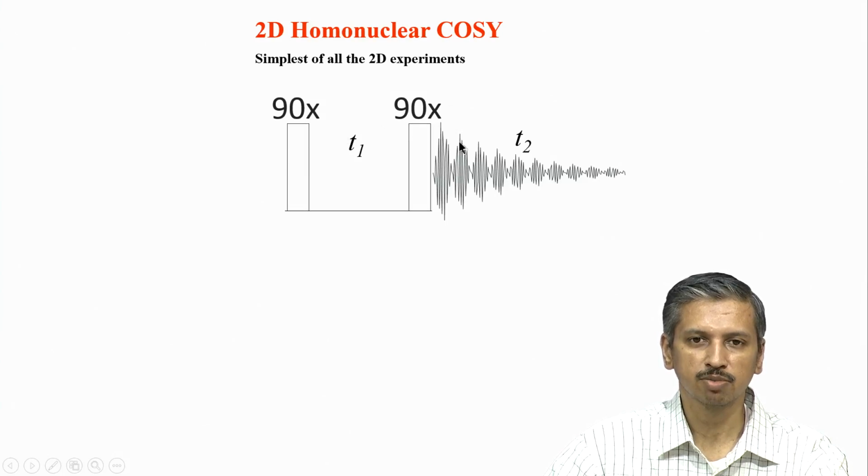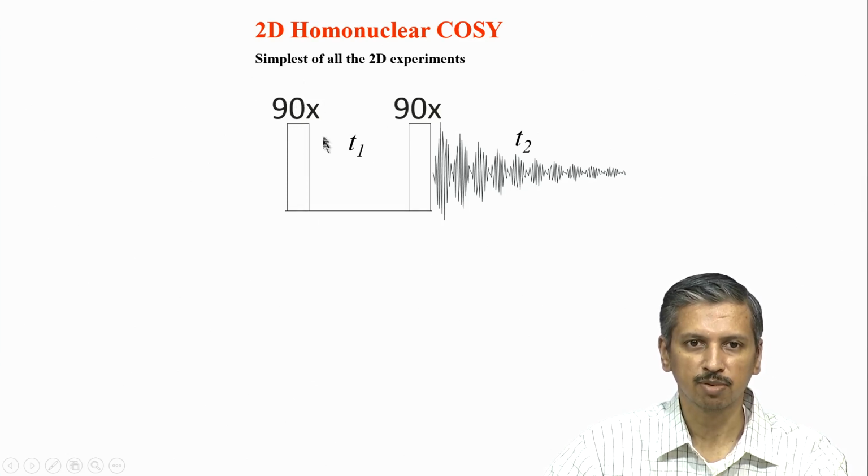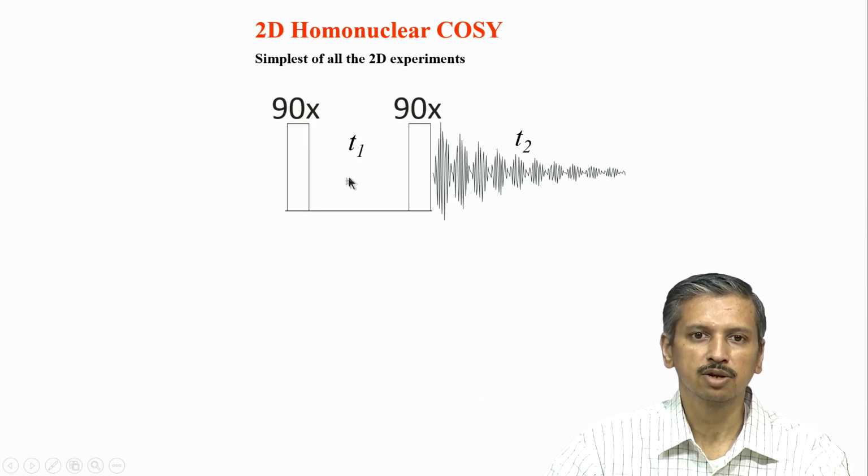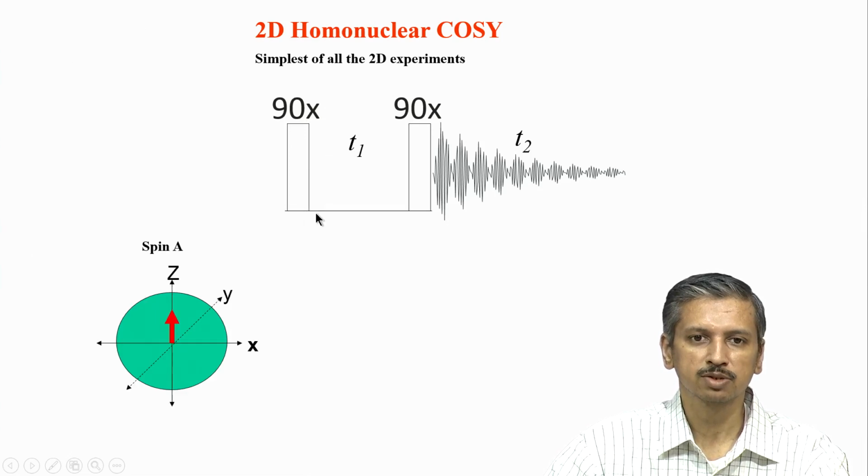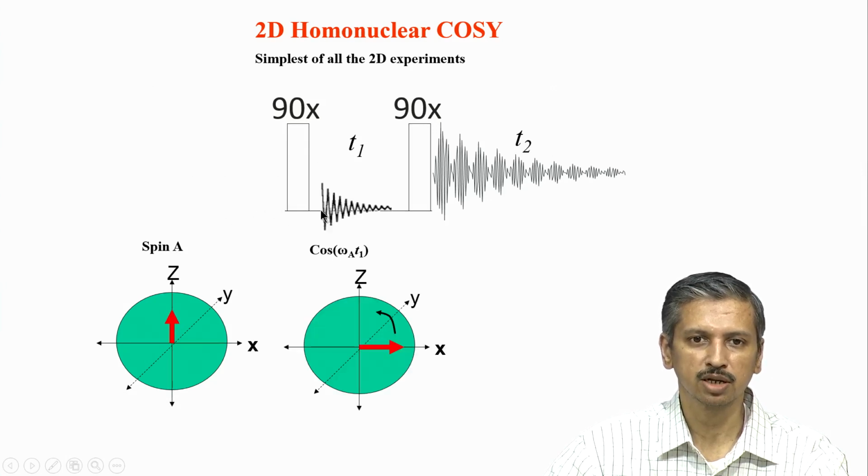This COSY experiment is the simplest 2D NMR experiment you can think of. It is similar to what we just discussed about 2D NMR. You start by applying a 90-degree pulse which can be along the x axis or along the y axis. You can assume it is the x axis. Once you apply this pulse, spin A, which is along the z axis because it is at equilibrium before this pulse, comes into the xy plane during this preparation period. In this case, because an x pulse is applied it should be the y axis, but it does not matter right now. Let us assume that it is now on the x or the y axis.